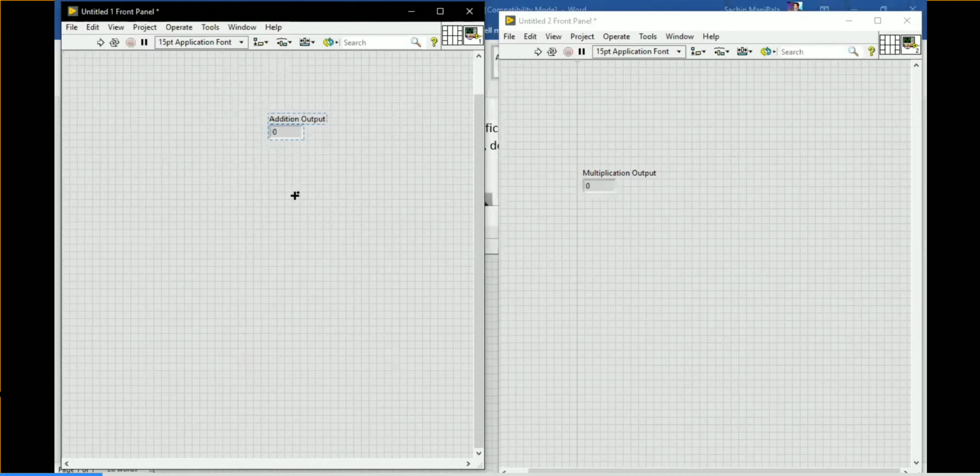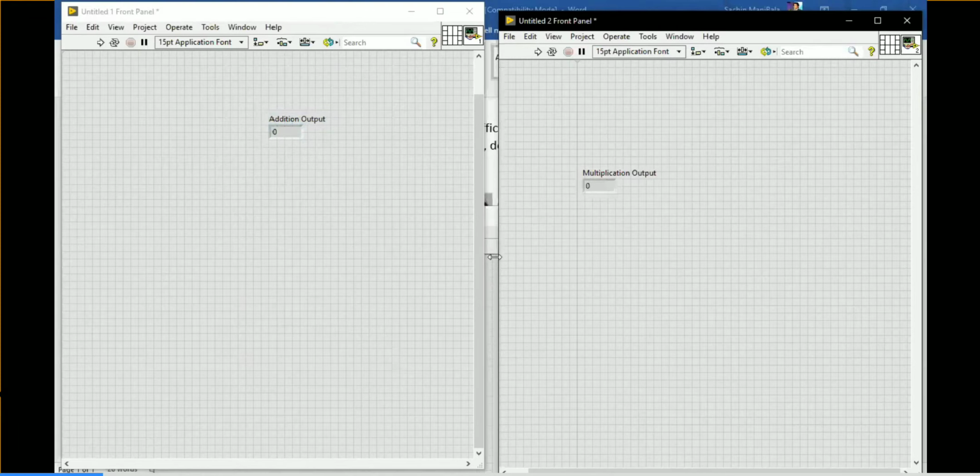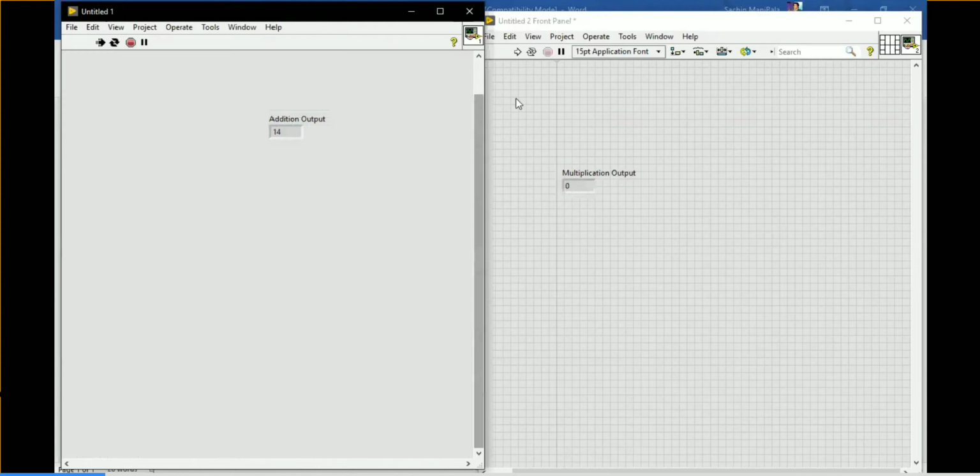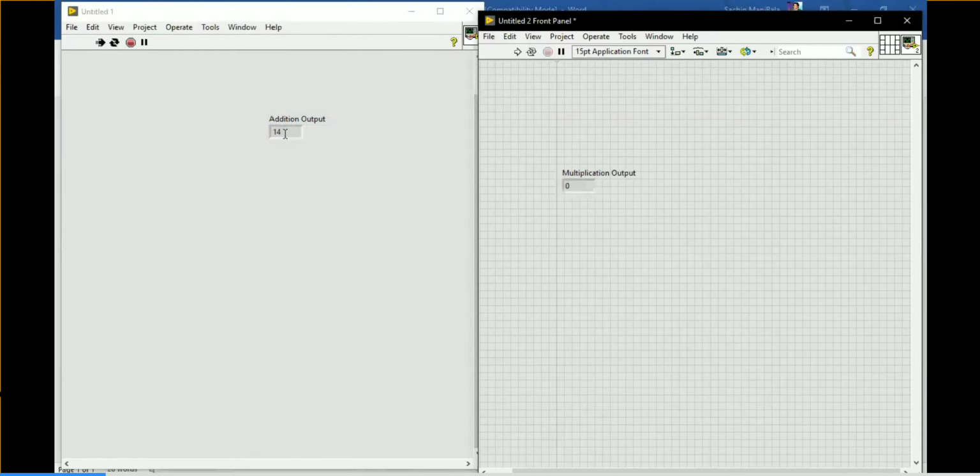If you want, put the while loop and make use of a stop condition, or you can make use of the AND gate or OR gate. Okay, so here I have untitled 1 and untitled 2 front panels. I am taking both the front panels over there, and I am going to run the VI continuously, because we don't have a loop. So run the VI continuously. The first VI is executed over there, and I'm going to run the second VI. So you are getting the answer, 6 plus 8, 14, over there.